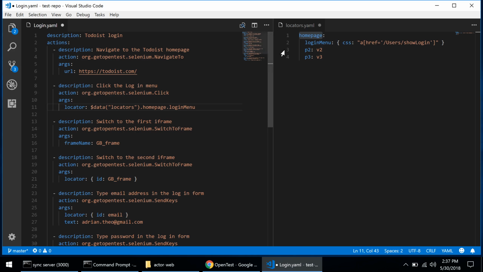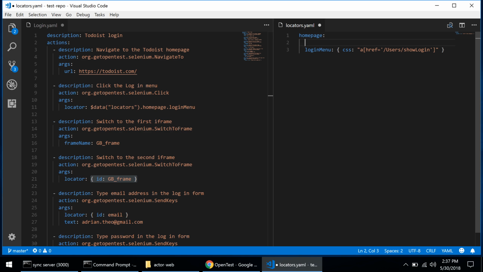.homepage.login menu. And I can use however many levels I want here, but my recommendation would be to use no more than 2. Otherwise, this will become hard to read. All right, so let's go to the second locator. So second locator is the one for the first iframe in the page. So let's call it first